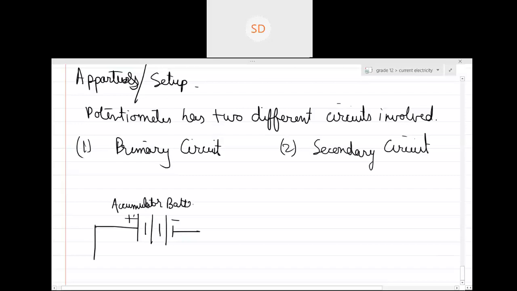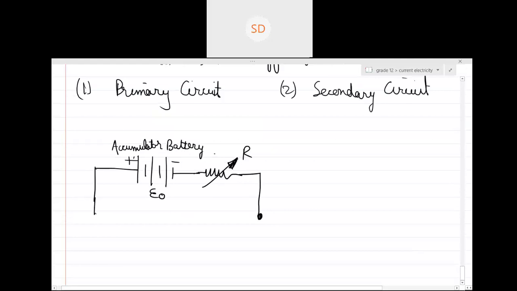It may have whatever resistance it may. You are having some internal resistance of this battery or any resistance connected, है ना? Then these two things are connected to a